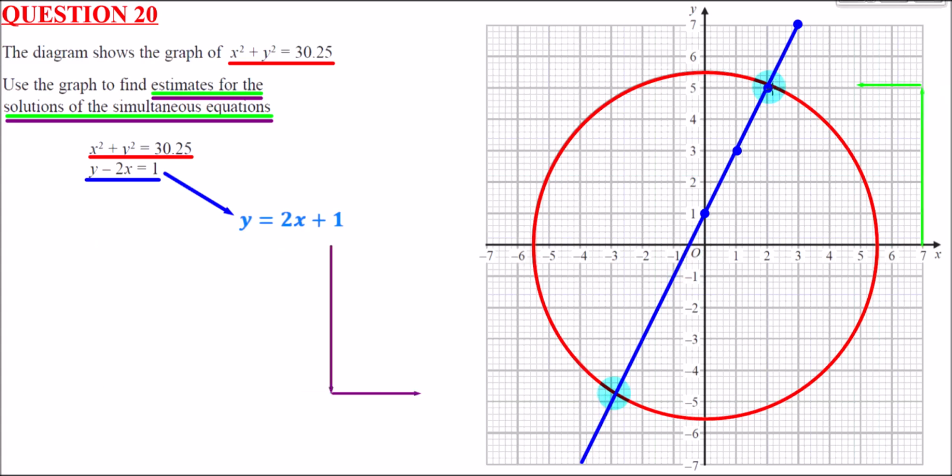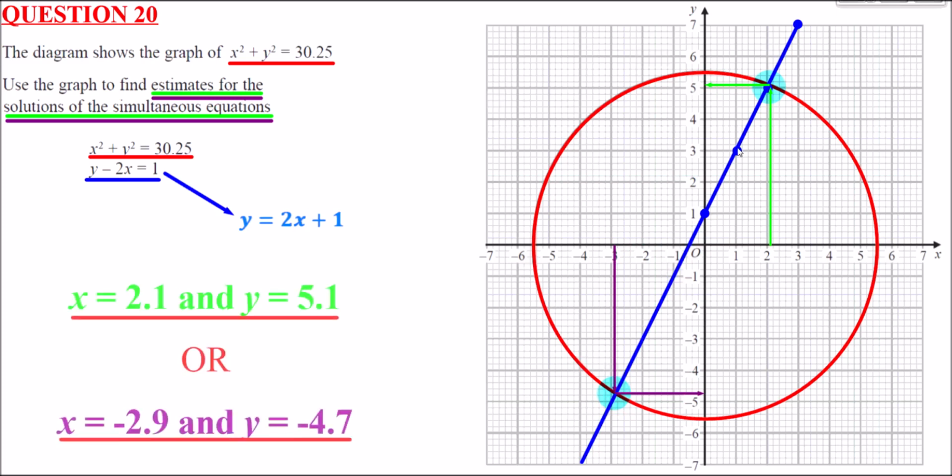So the first solution is where these two points cross, in green, I've labelled them, and the second solution pair is here. You can see one solution is about x is 2.1ish and y is about 5.1, and this one down here x is nearly minus 3 and y is about minus 4.8. So the exact solutions to one decimal place, which are ideal, are these here. x is 2.1 and y is 5.1. Or for the second solution in purple, this one down here, x would be minus 2.9 and